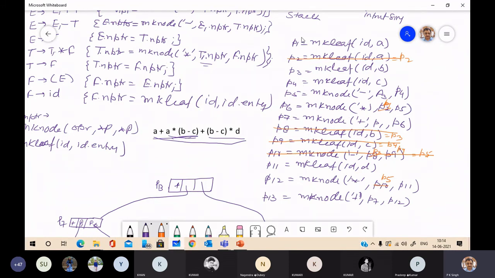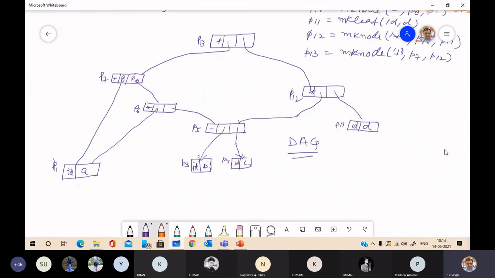And if you draw the graphical representation of this sequence of calls of the various functions, you will get this structure only, which is a directed acyclic graph.